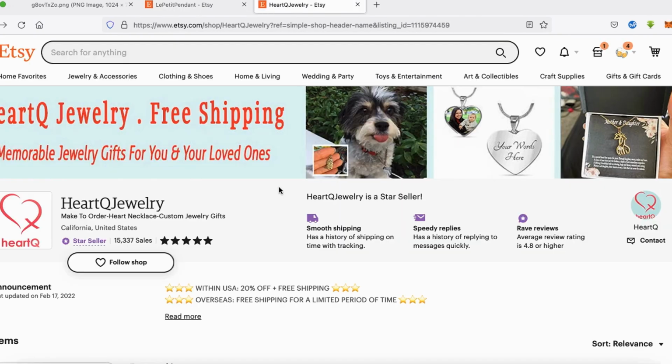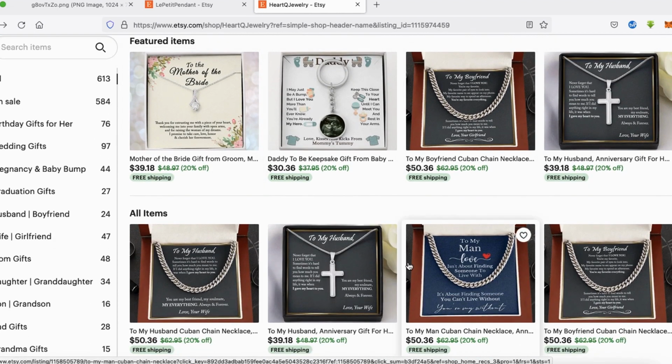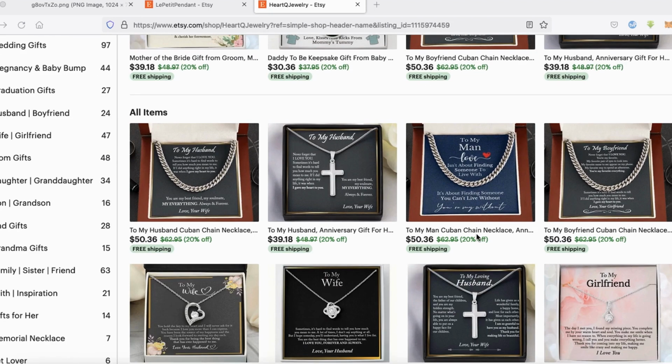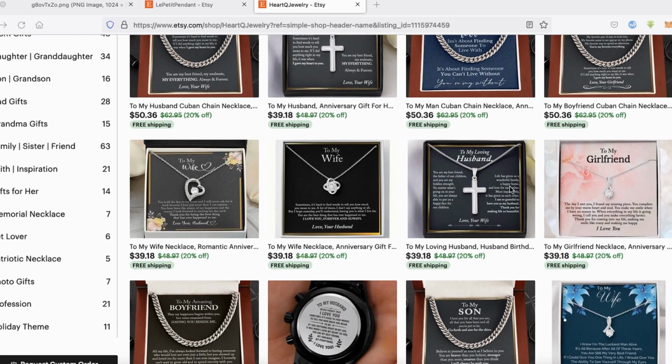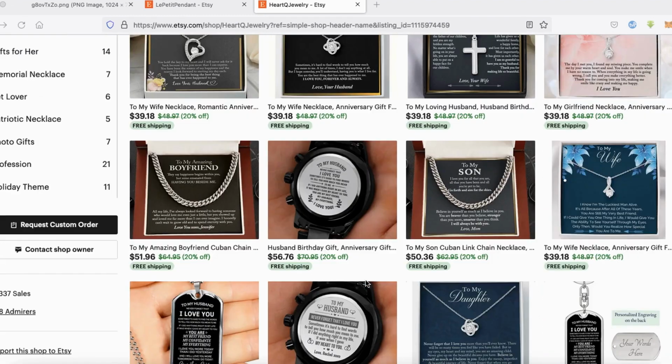Here's a second store that I found. Again, you can find these products on Shineon. Again, this person has priced their products pretty differently. This one is about $39, $30, $50, and you can really price them however you want. You definitely want to test out your pricing. Again, go ahead and do your research, see what is working for other people, and then put your own unique